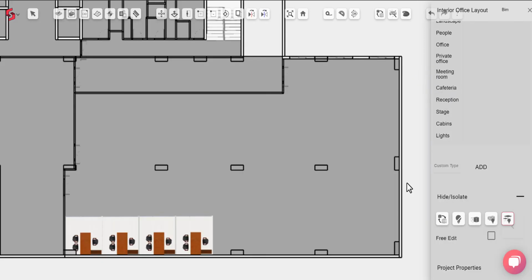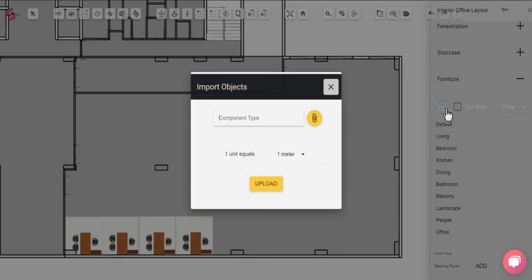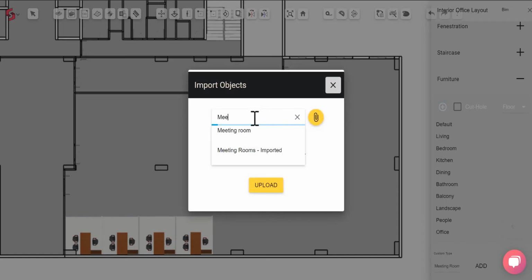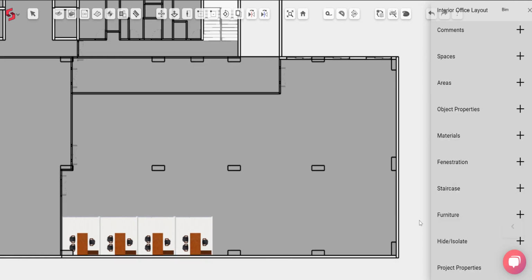This raises the question of whether we can import our own furniture. Yes, you can. Go into the Custom Type section under the Furniture tab, type in a category of your choice, select the Add option, and this new section has been created. Select the Add Interior option, and you'll see a pop-up on the screen wherein you can select the category and go ahead and upload any zipped file of a SketchUp model or a 3ds Max model. This feature allows you to get as creative as you want.